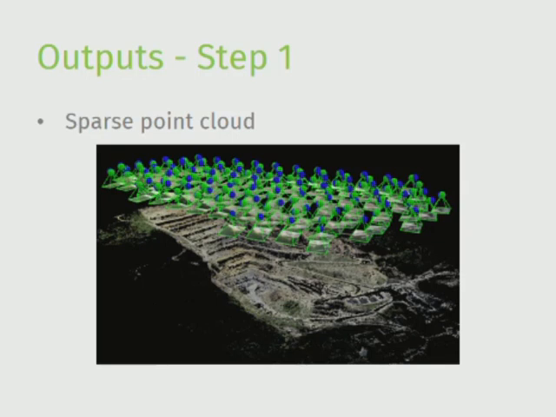And then essentially, this sparse point cloud here represents all of the tie points. So these are all the tie points. But that's pretty sparse. I mean, it's called a sparse point cloud. So that's not great. You can't really give that to a client, or you can't really use that for much. But it is the infrastructure of the entirety of your data set, and it's incredibly important that this is created